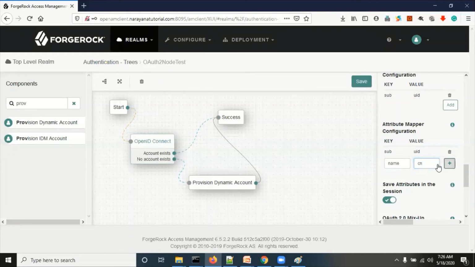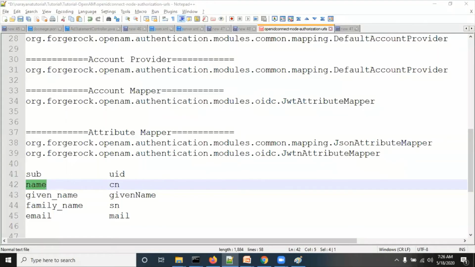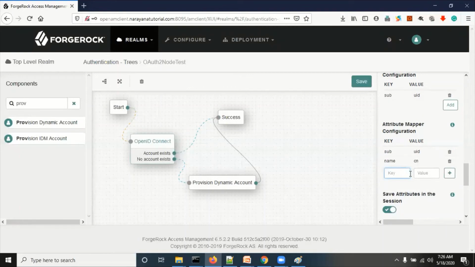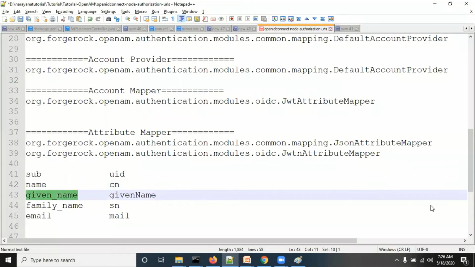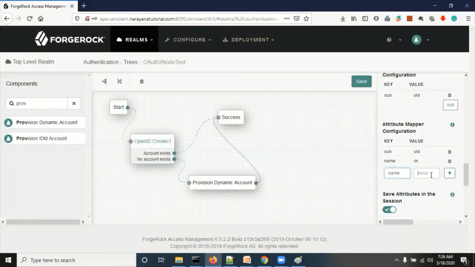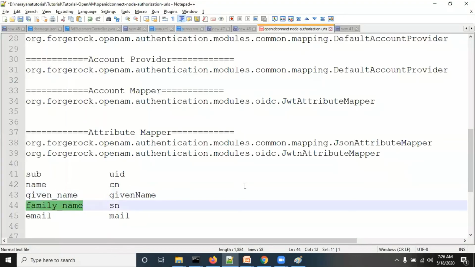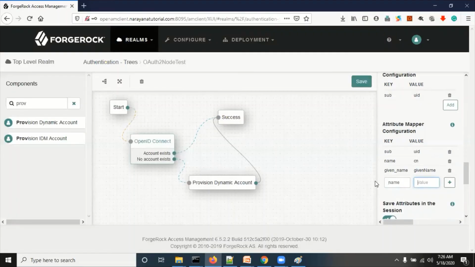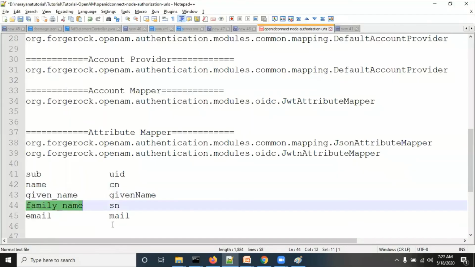Okay, like this, and given name. After entering this, press enter. Click on add. Family name, and that is SN, surname, and email.